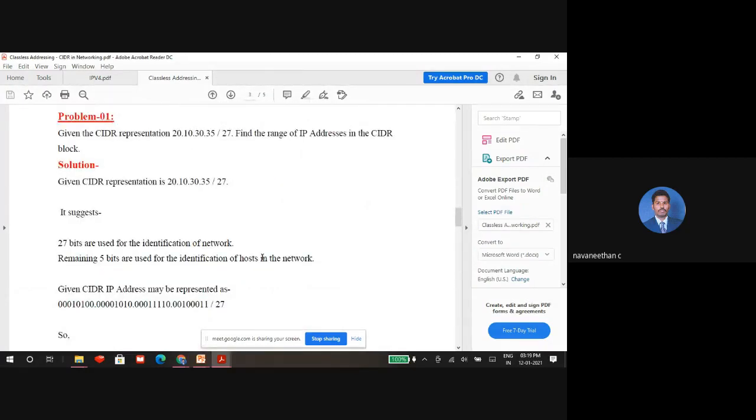I think some 2 to 3 years before, they have asked some two problems in GATE 2017 or 16, I don't know. They give a representation and ask to find out the range of an IP address. Clear? Most probably make sure that it will reside only within the same class. So what class is it? Class A address. Clear?